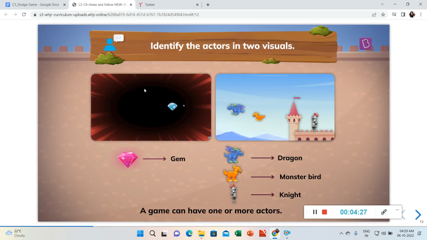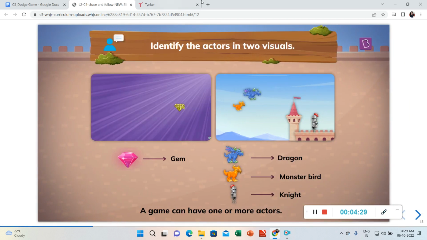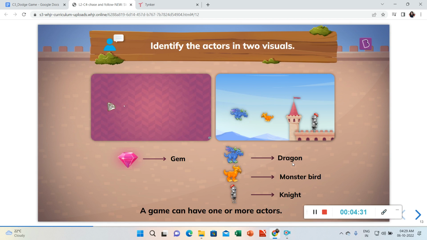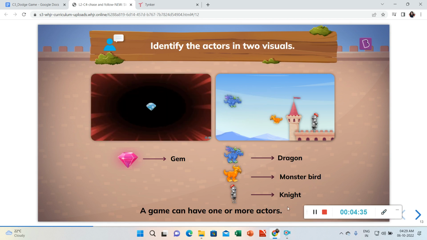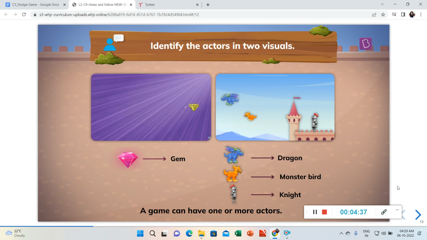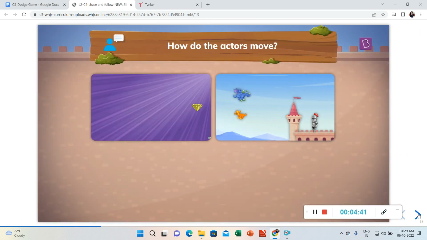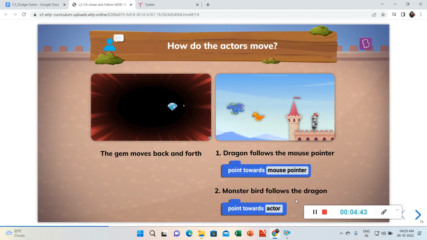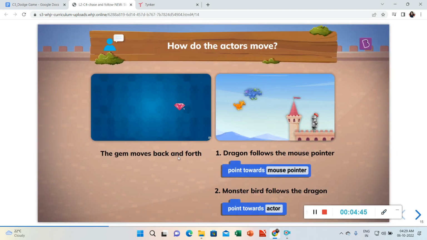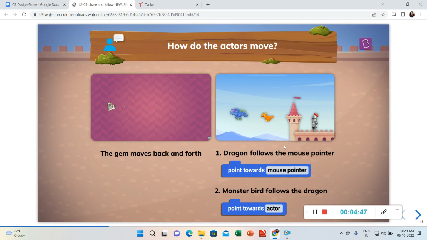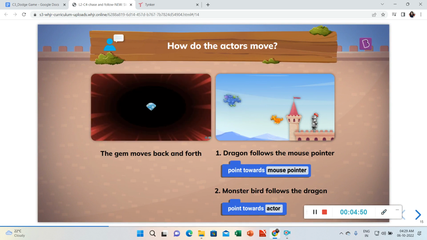In the first visual, the actor is a gem, and in the second visual, dragon, monster bird and knight. So tell the students that a game can have 1 or more actors. So how do the actors move? The gem moves back and forth, and here the dragon follows the mouse pointer and the monster bird follows the